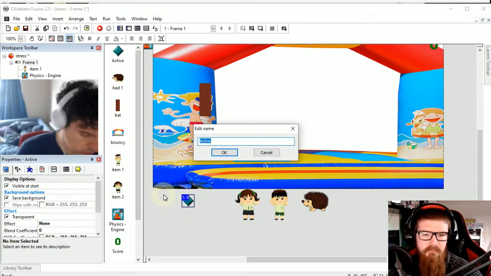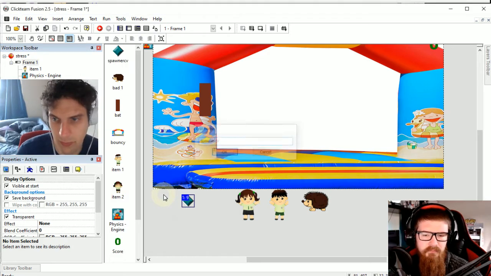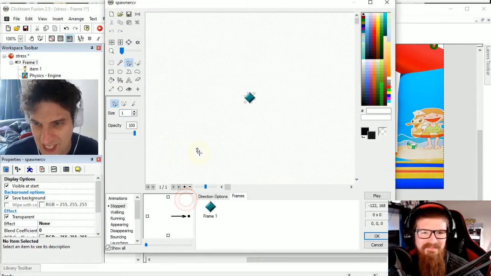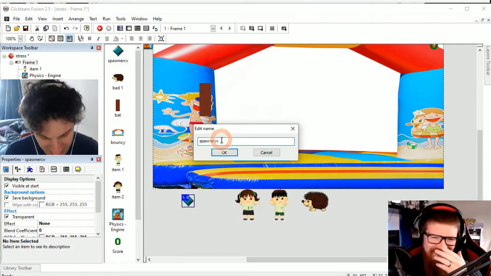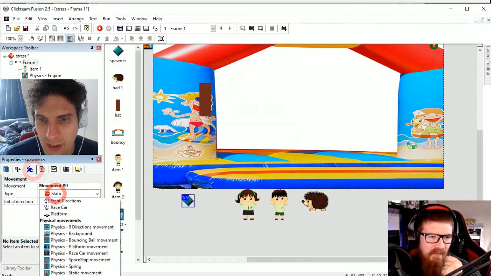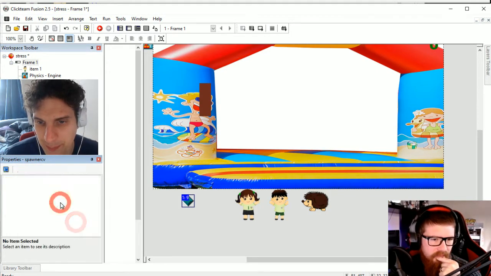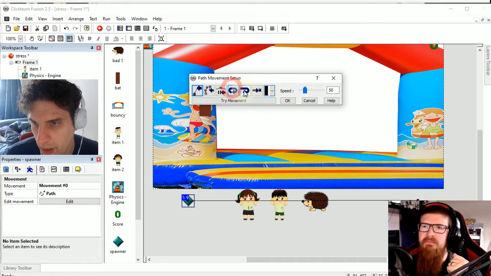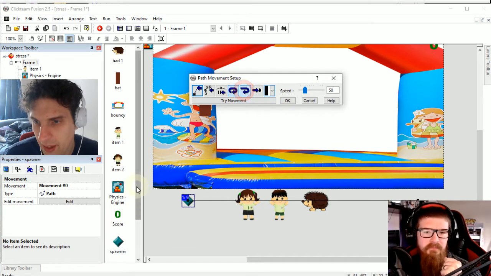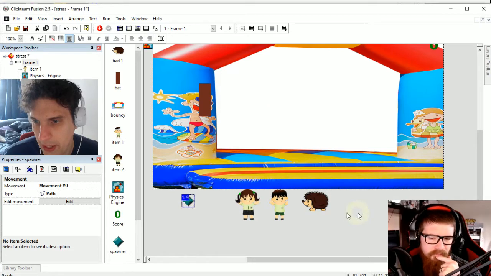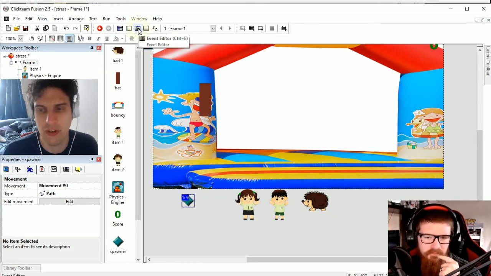We'll just call this spawner. Or, well, depends what. Spawner CV. Great. Spawner, and then use the other enter. And then what we're going to do is set a path movement. Path movement means it goes that way, and then we're going to set it to loop and reverse at the end, and set its speed to be really fast. So it's going to go back really quickly, back and forth, and we're going to use this to create.